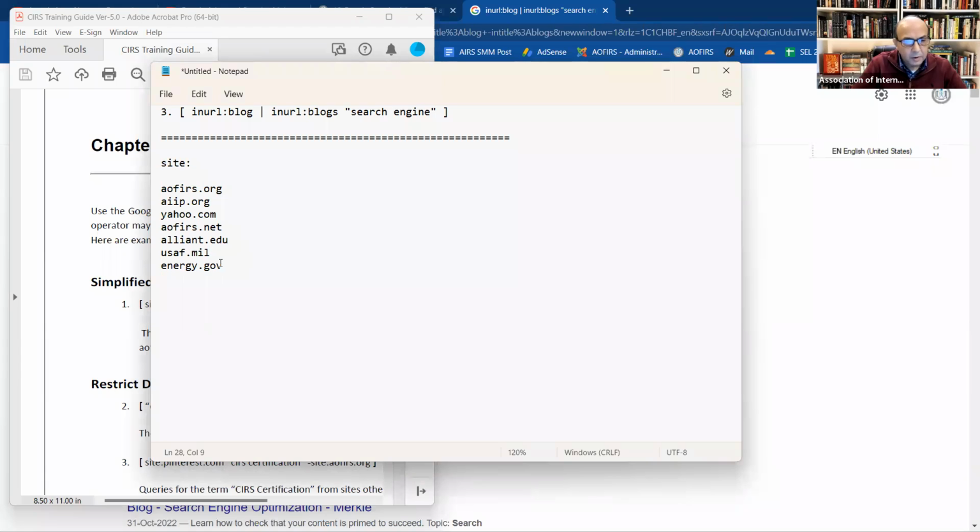Right? So all these extensions are there. Now, when we are applying the site operator to look for a domain like AOFIRS, I have to put the .org, otherwise it's not going to work. If I want to use the site colon operator to find every domain or any search term that needs to default to an extension of a certain type of website, meaning it could be edu or org or mil or gov, whatever it may be,